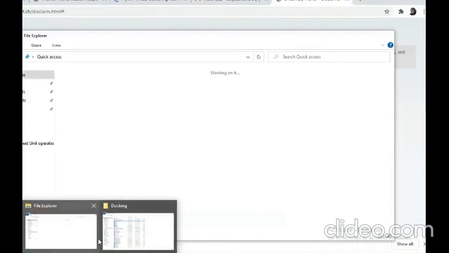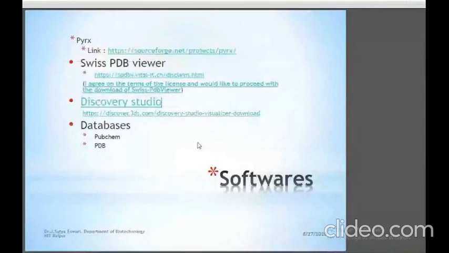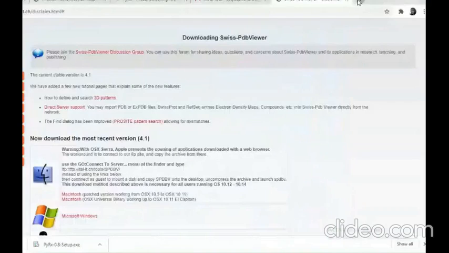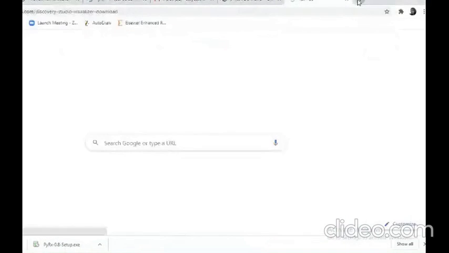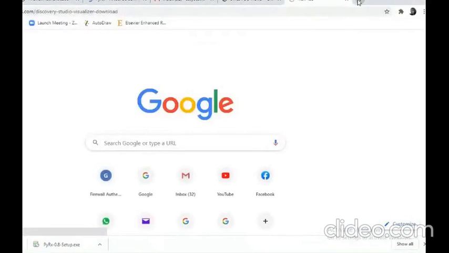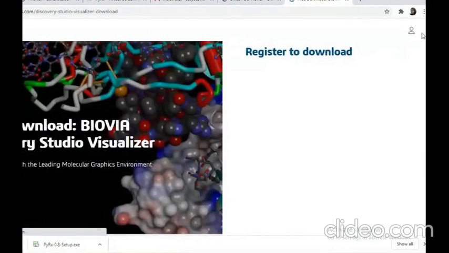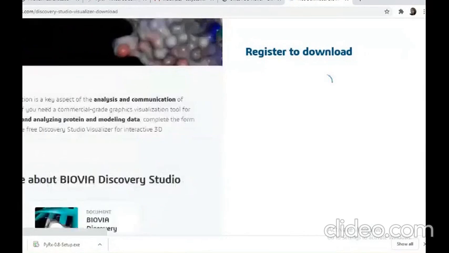So next is the final software. You can see it is Discovery Studio. Just copy and paste. It is the BioVia Discovery Studio Visualizer. Here we can convert into various formats.